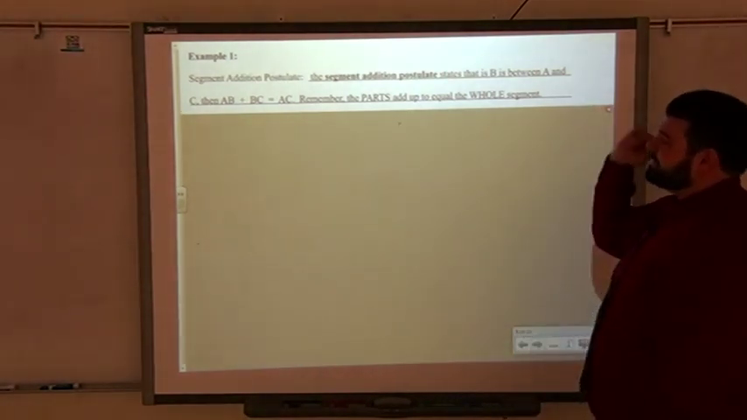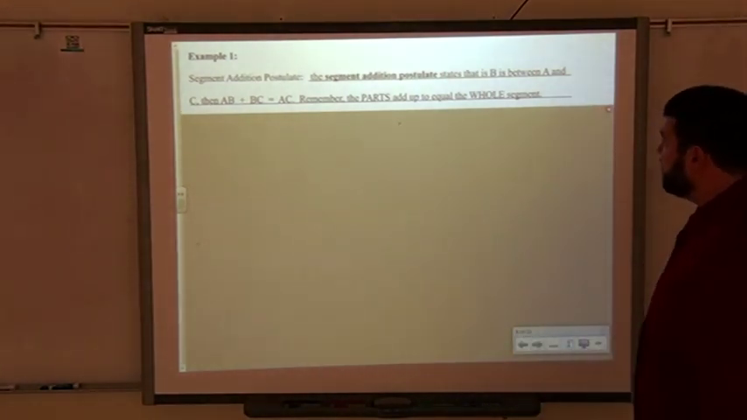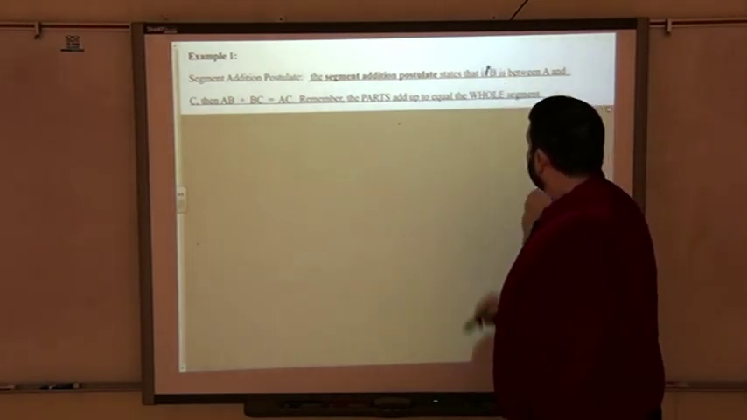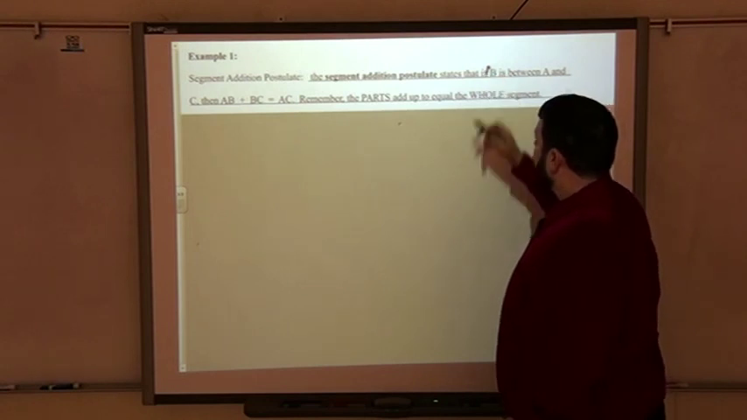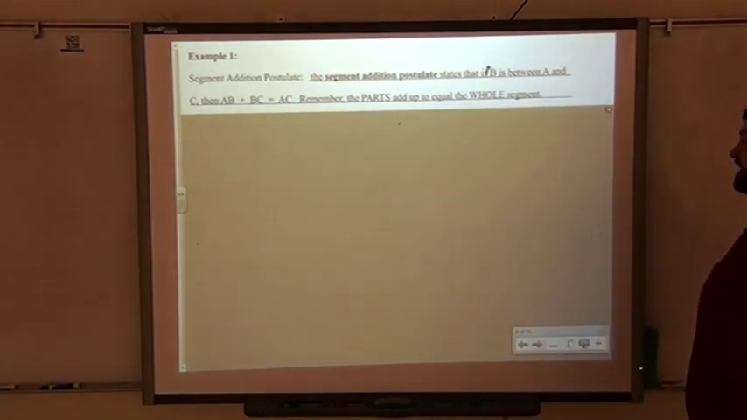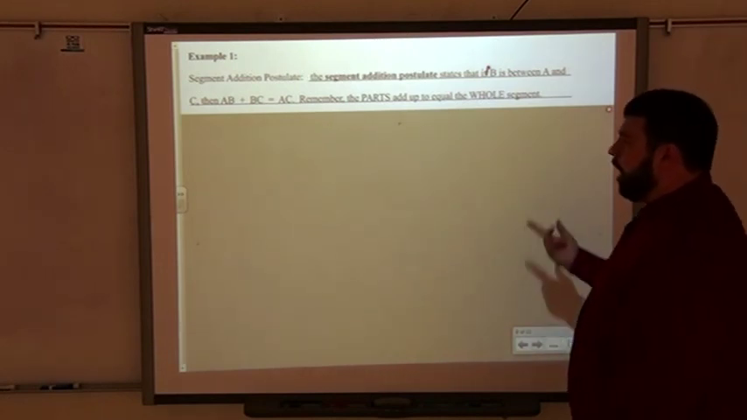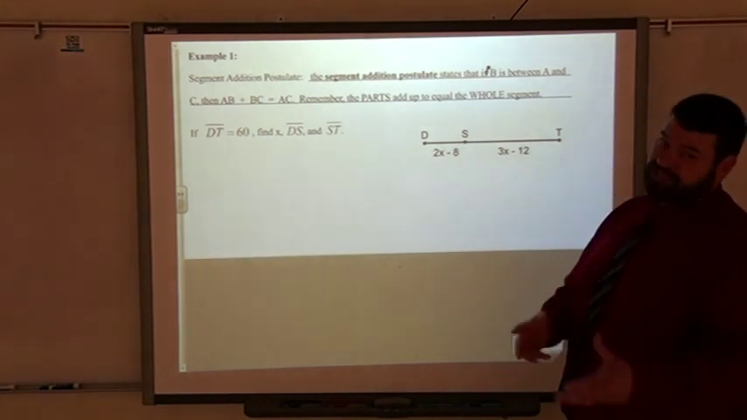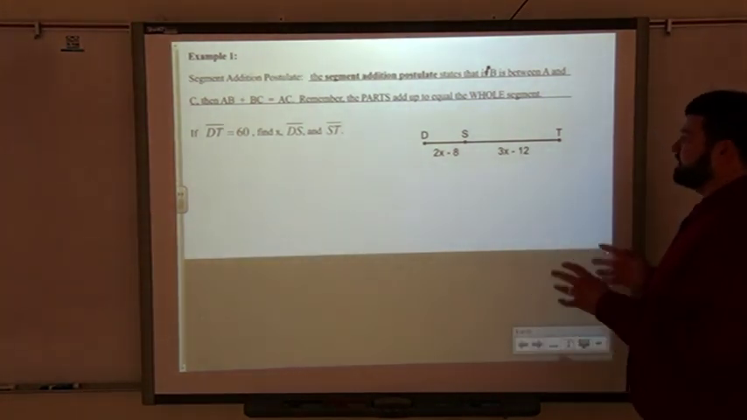But the segment addition postulate says that if B is between A and C, then AB plus BC equals AC. All that you have to really remember is that the parts add up to equal the whole line segment. The parts add up to equal the whole